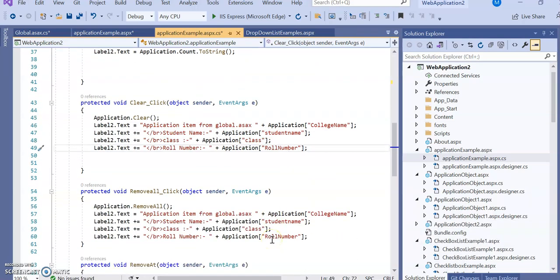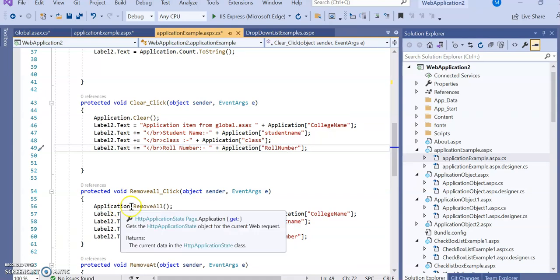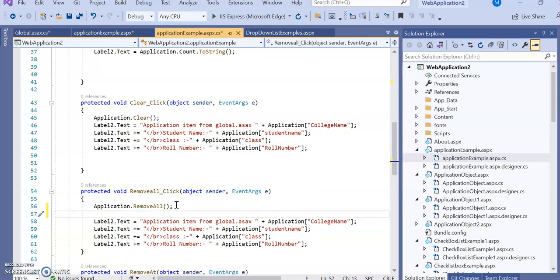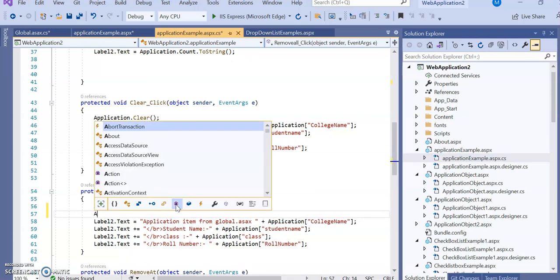Next one, remove all. What is remove all? It will remove all the items from that particular object. So here write down the Application.RemoveAll method. How exactly can you write it? Suppose I am writing this one, Application dot,